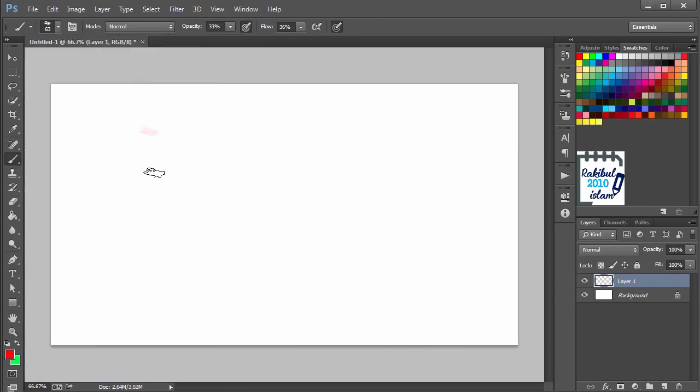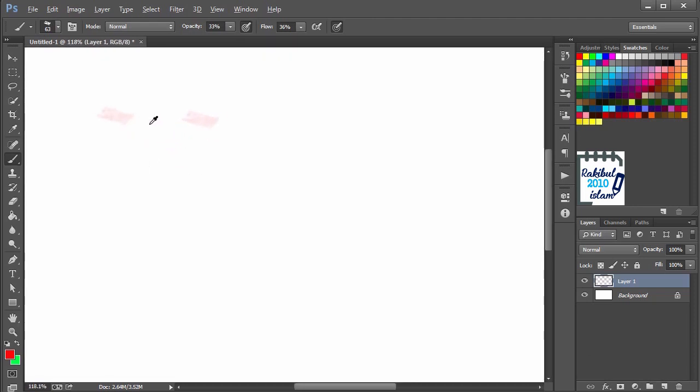If I click here once, you can see just one spray, but if I click and hold, you can see the same thing here. But if I enable this option and click here once, that's for one click. If I click and hold, then you can see this result. That means this airbrush option allows you to spray continuously by clicking and holding the mouse button.